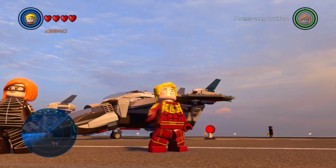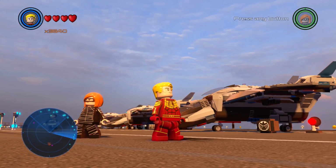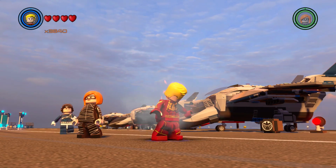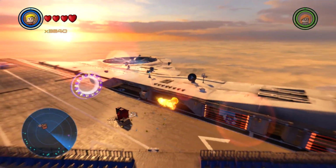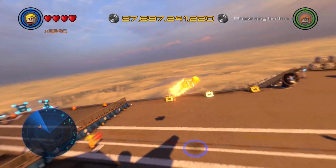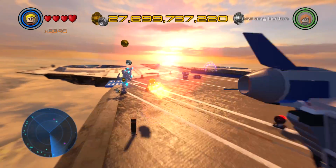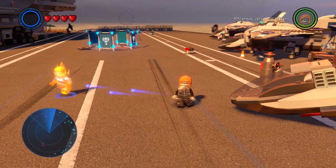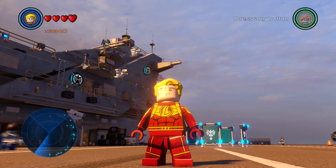There we go. So you can flame on. Oh, that's so cool. Flame off. Flame on. Flame off. So obviously he can fly too, and honestly, any character that transforms like this is always going to look a little bit cooler. But his actual costume looks really awesome too. So the animation for flaming on and off, just really everything about Jim Hammond, the Human Torch original, just looks